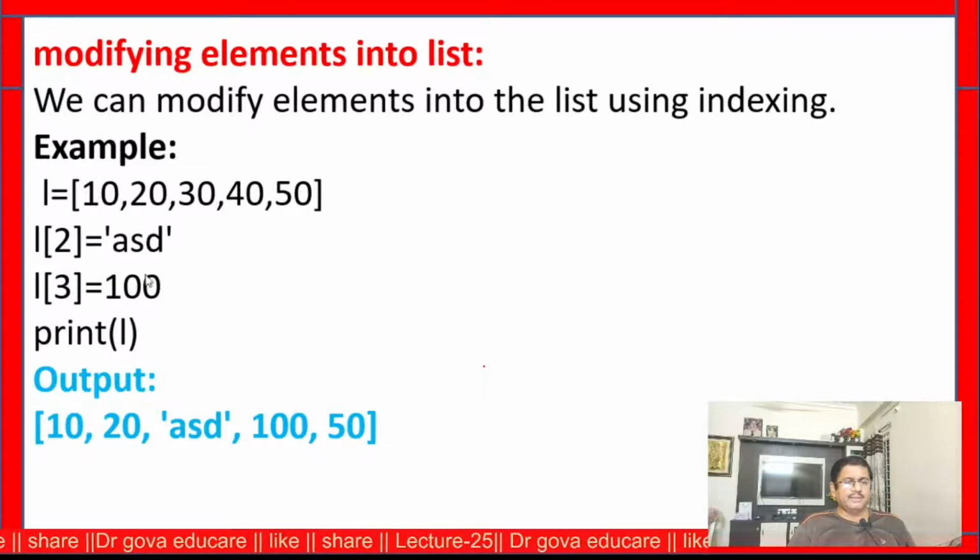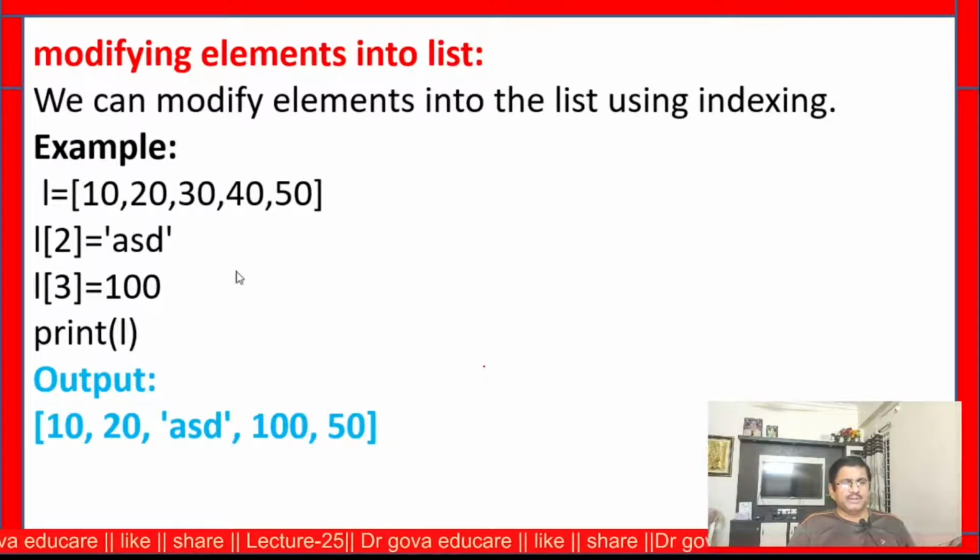L of 3 is assigned 100, that is, the third index value is replaced by 100. What is the third index value? 0, 1, 2, 3, that is 40, which is replaced by 100. After replacing, print L, and this is the output.